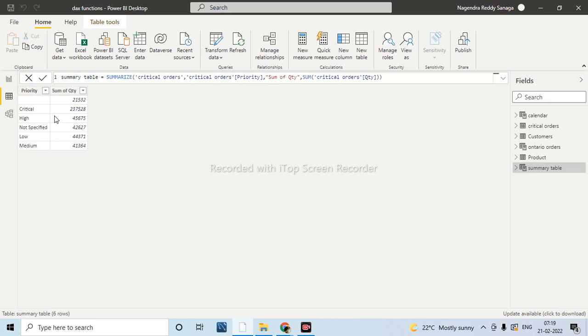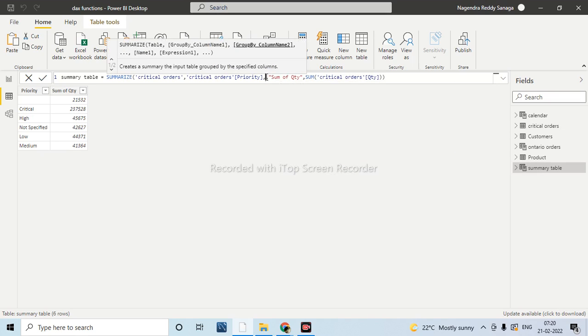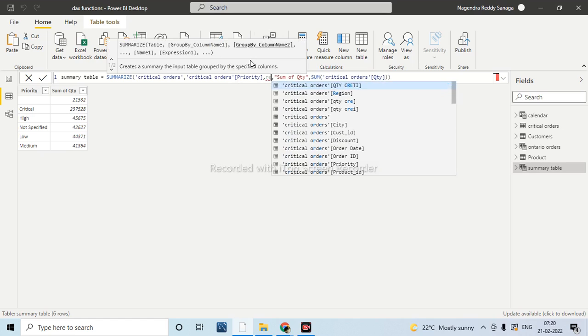See, now we are getting the information only one column, that is priority information. Like this, you can create many number of group bys also. Now we have taken only one column, so it is giving me the result. For example, think that for each priority, I want to see the information based on the region level also. Then directly what you can do is you can give one more group by here. I am taking region.